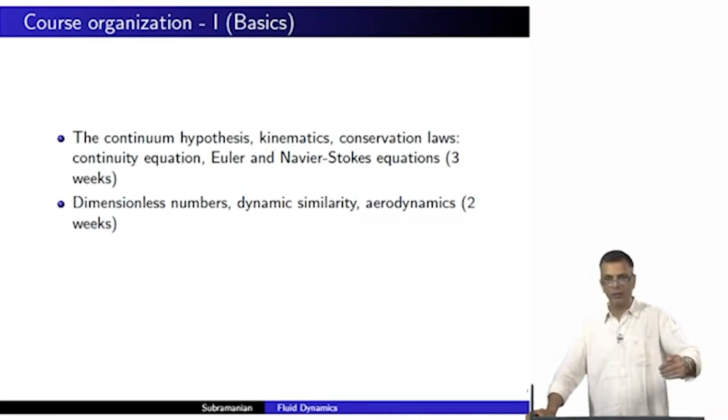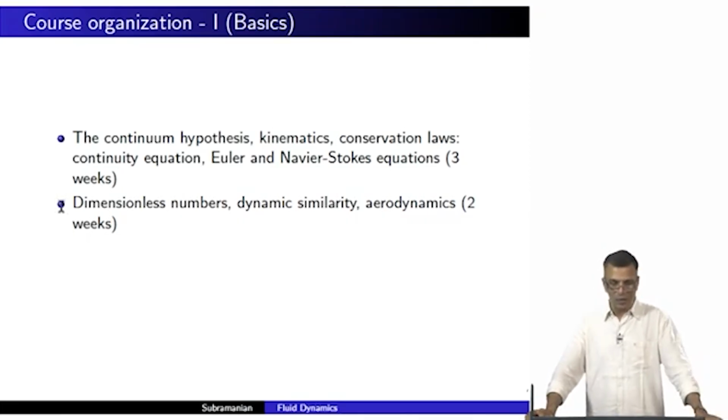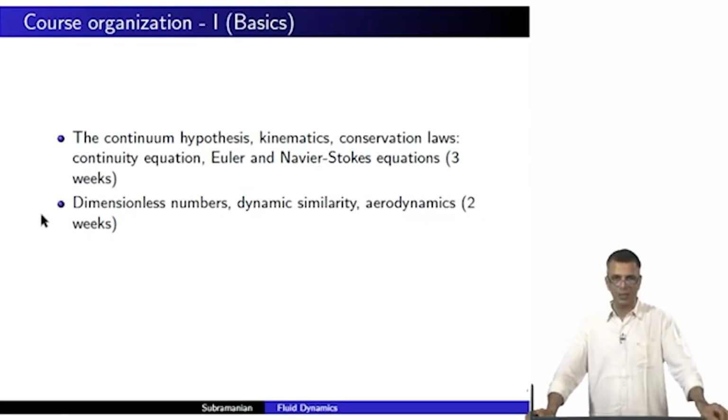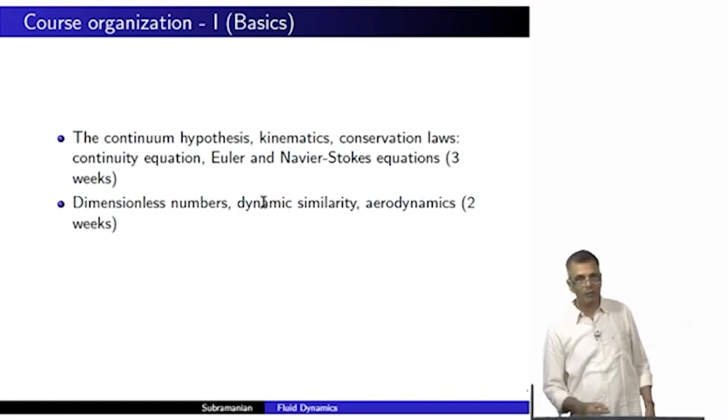You like to divide things with certain normalizing quantities so that you get dimensionless quantities, and there are certain dimensionless numbers which are very, very important and crucial to the study of fluids, and we will talk about that for a bit, and we will talk about what's called dynamic similarity,